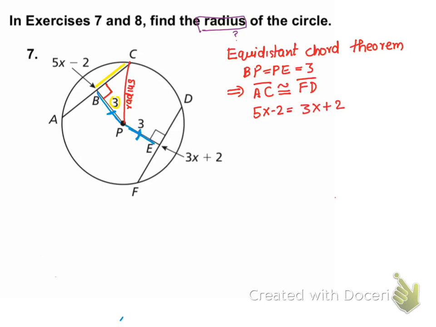Subtract 3x from both sides, you get 2x minus 2 is 2. Then add 2 to both sides, you get 2x equal to 4. Divide by 2, you get x equal to 2. You got your x, but that's not your final answer. You're supposed to find the radius. So one thing we know by